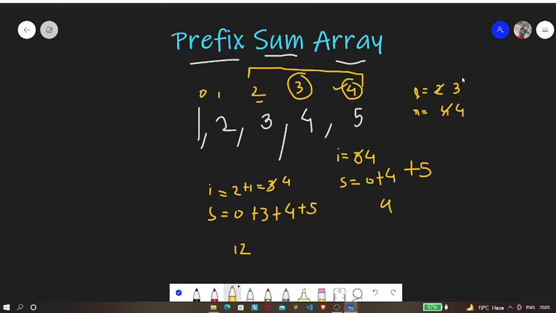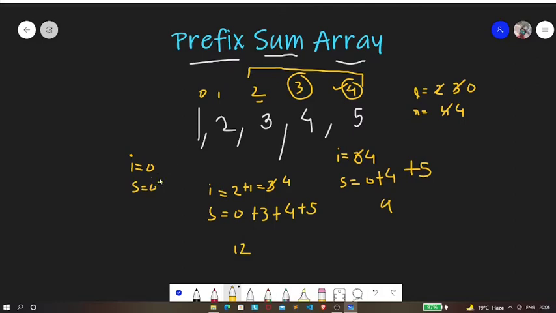So let's say that L is pointing to index 0 and R is at 4. In such a situation, what we're going to do, our I will be pointing to index 0 and our sum will be 0.